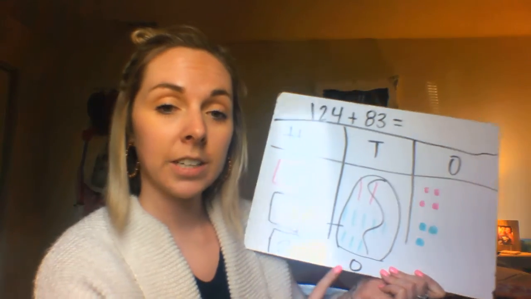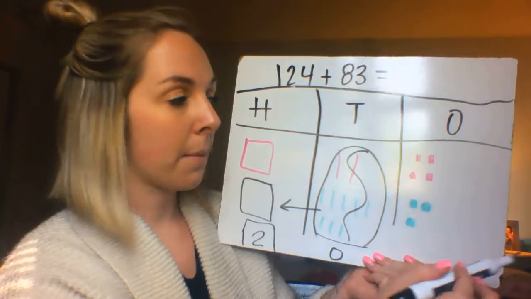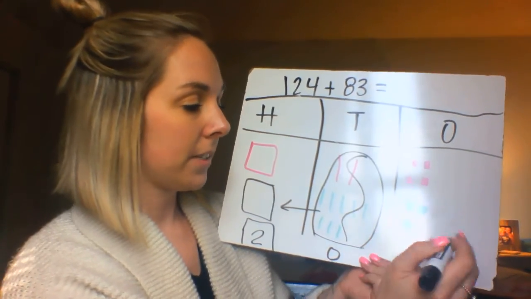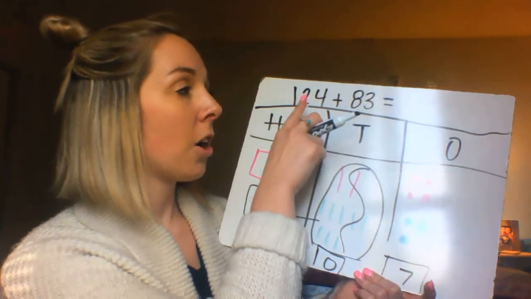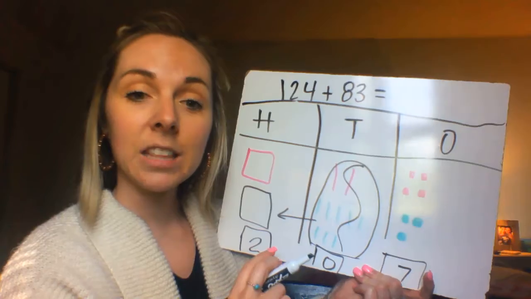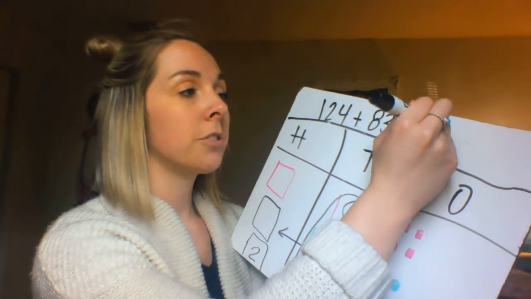So 200, then a 0, and then let's see how many ones again. 1, 2, 3, 4, 5, 6, 7. And a 7, okay? So up here, 124 plus 83 equals 207. And remember, it's a word problem, so we can't forget the label. 207, and just to triple check it, we're talking about mammals, I believe. I'm going to pull it back up. How many animals? Sorry. 207